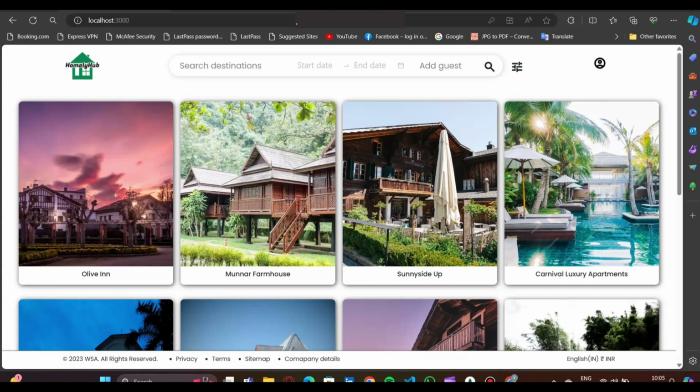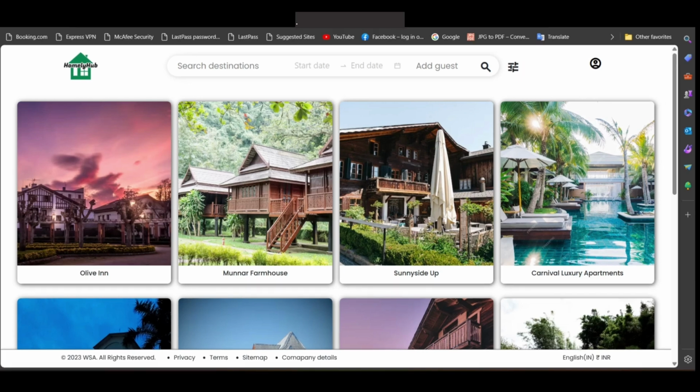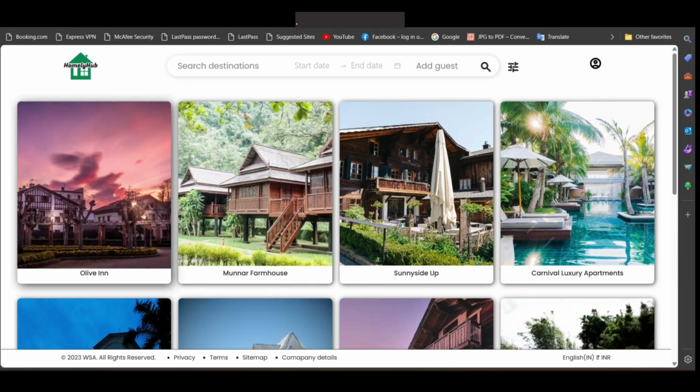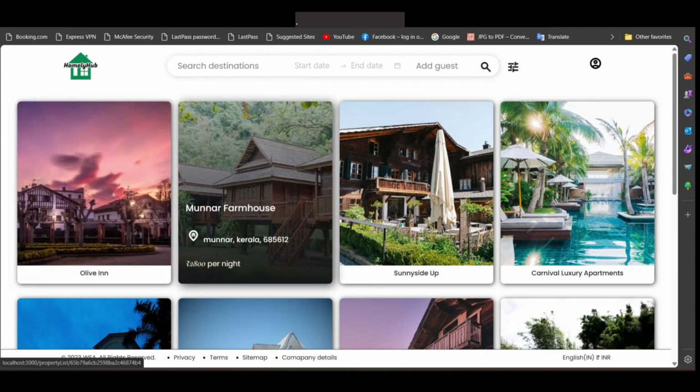Welcome to our Homely Hub project. Homely Hub is a platform that lets people find and book unique places to stay while traveling. Whether it's a cozy home, a fancy villa or a room, you can experience a personalized stay. Hosts can also earn money by sharing their places, so explore the world with Homely Hub for a unique and confident adventure. We can see many of the properties listed on the first page, and if